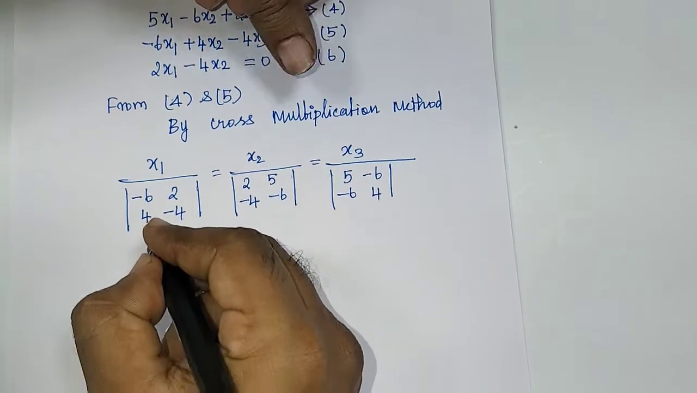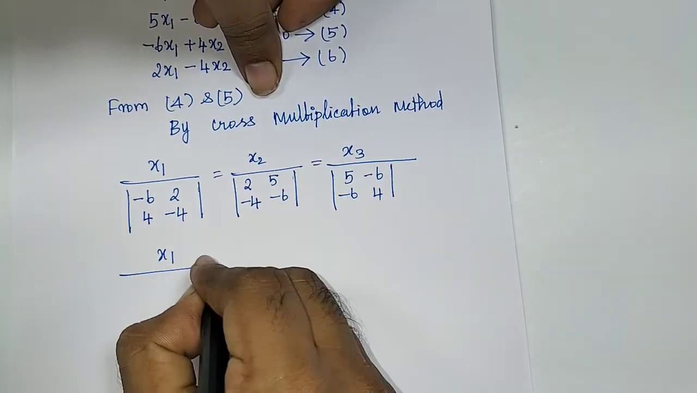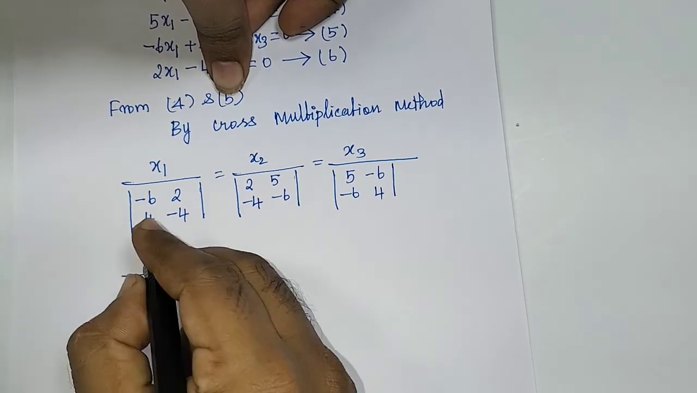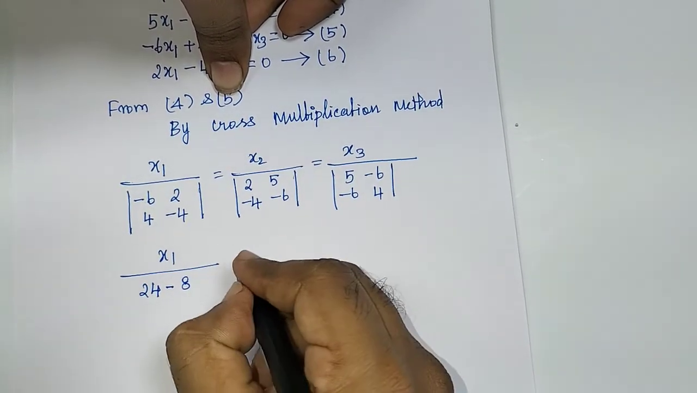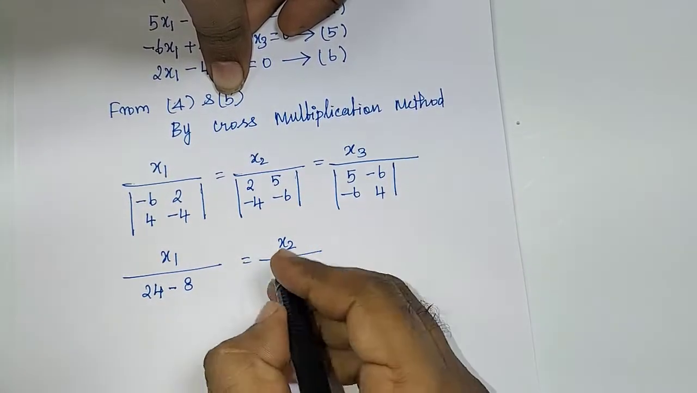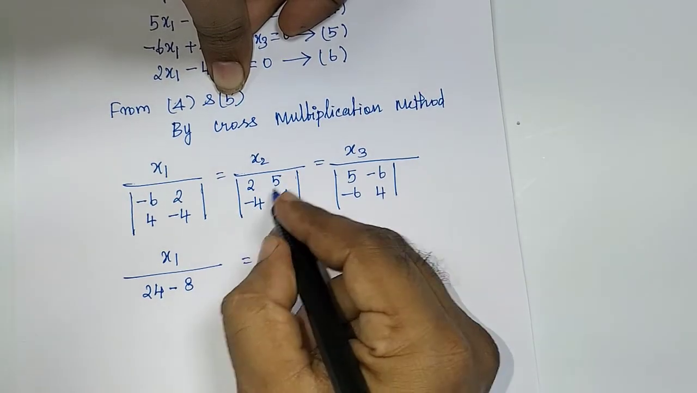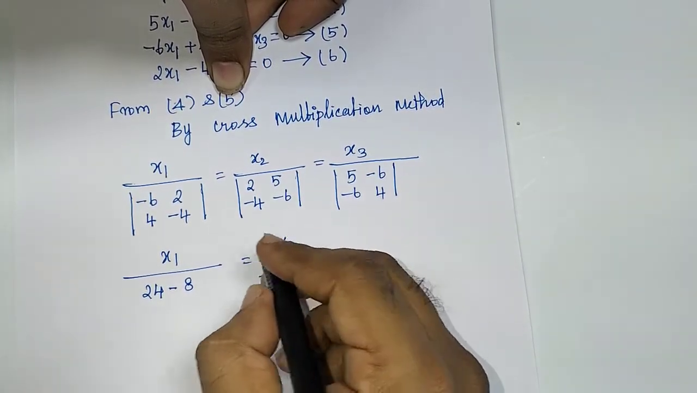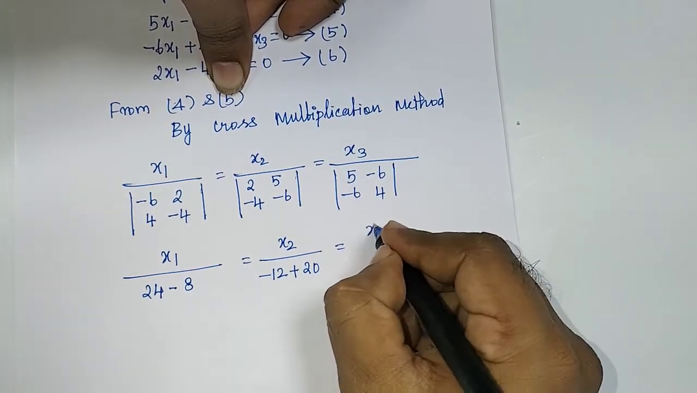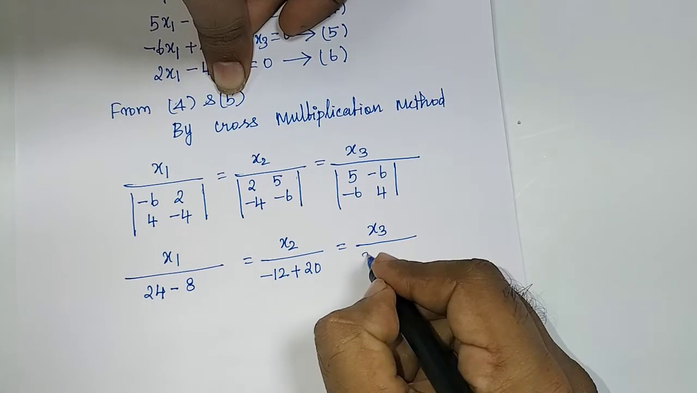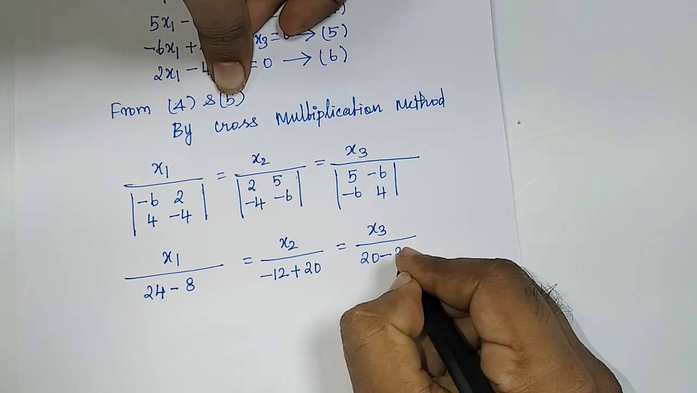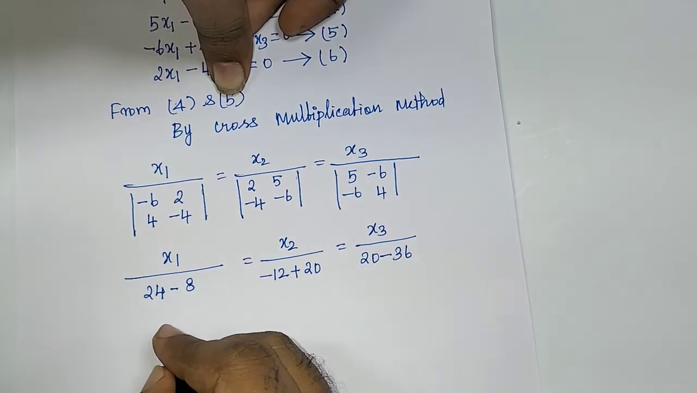So simplify this: x1 divided by minus 6 into minus 4 plus 24, and minus 4 into 2, minus 8, is equal to x2 divided by 2 into minus 6 minus 12, minus 4 into 5 minus 20, already minus plus 20, is equal to x3 divided by 5 into 4, 20, minus 6 plus 36, so minus 36. So therefore